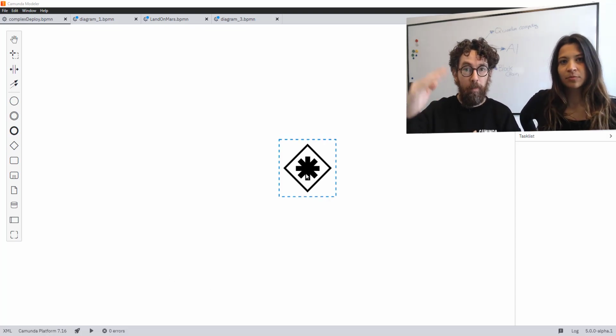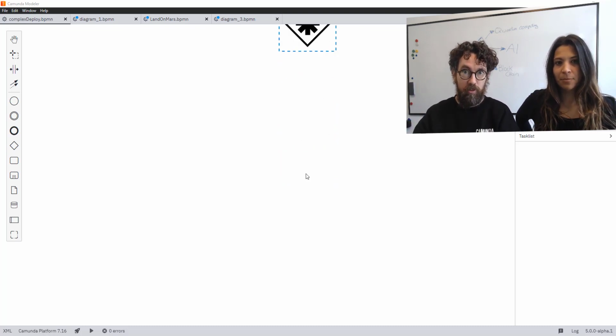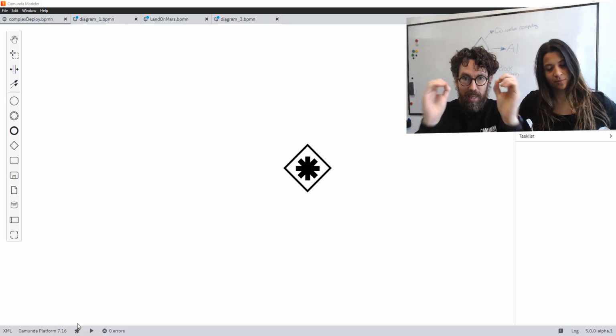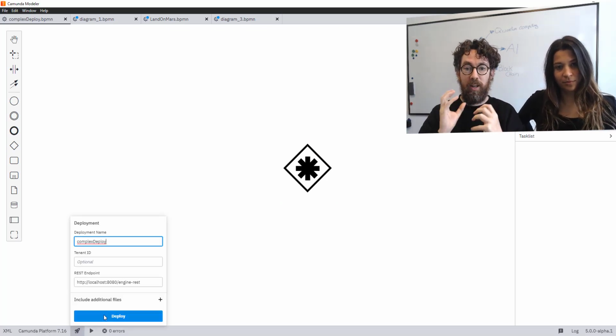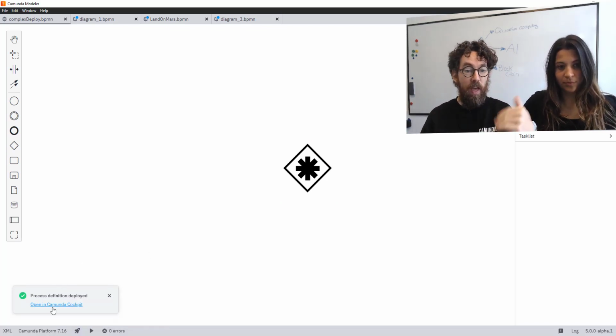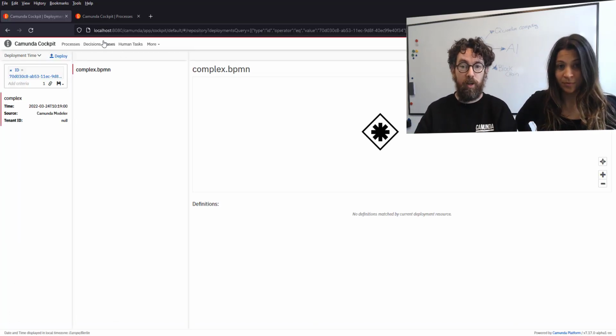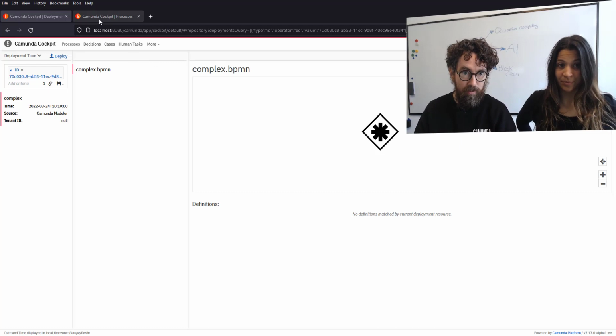It will then wobble up and down when it's finished taking, there you can see it happening right now, when it's got all the information it needs, and it'll take it all out of your mind and put it into the complex gateway. Then you just deploy it to the model, and then once you've got a cockpit, you can see it's deployed. But what do you see in the process?